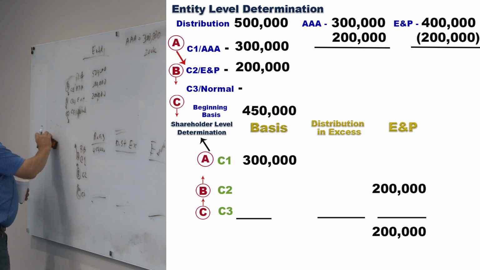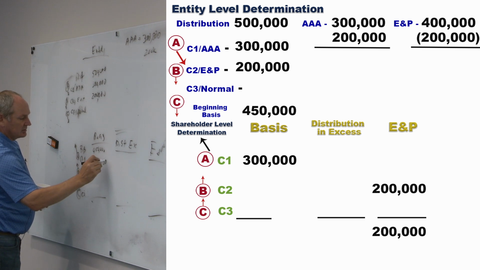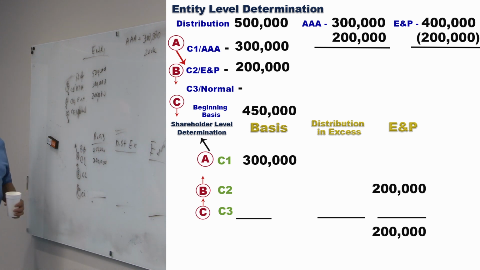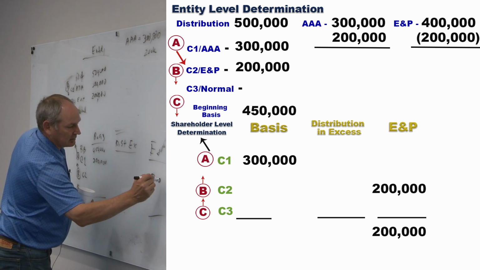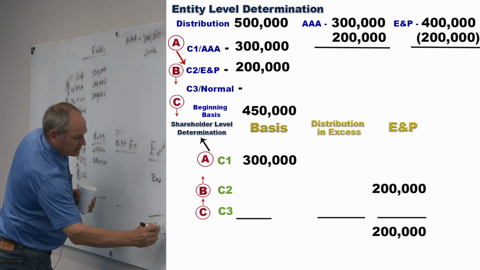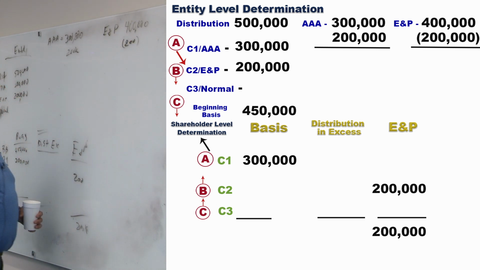I have C1, 300. Normal distribution rules. 300 is less than 450, so I got a tax-free return to basis. The next one is 200. 200 of E&P, which means I have 200 dividend, and I have 200 depletion of my E&P at the end